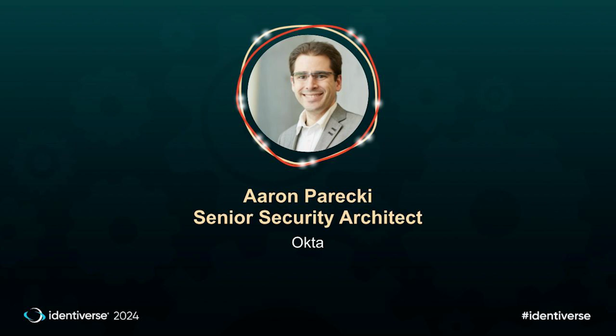So starting with OAuth 2, which was published quite a long time ago now, October 2012, if I remember correctly, I want to give a quick recap of the OAuth flow, because we're going to look at how all the different parts of OAuth have changed over the last, I guess, 12 years almost. And I want to talk about how they relate to which parts of the OAuth flow. So in OAuth, we talk about a client application, which is the one that's trying to get access to data or sign the user in.